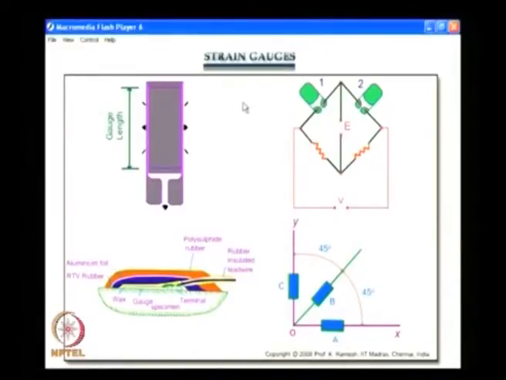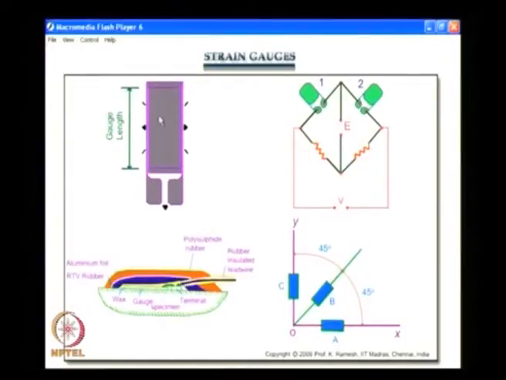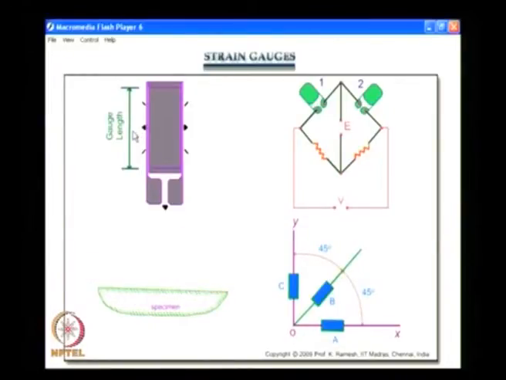And the moment you take up strain gauges, you need to know that a strain gauge has a finite area, and you have a definition of what is a gauge length. This is very important, we will discuss that even in the initial lecture today. Then whatever the change in the resistance, you need to measure it by an appropriate circuit.